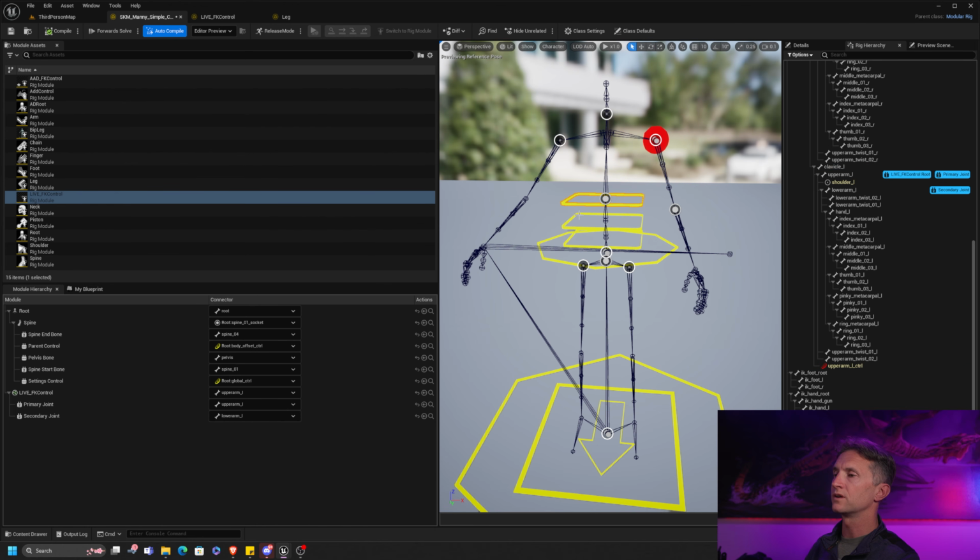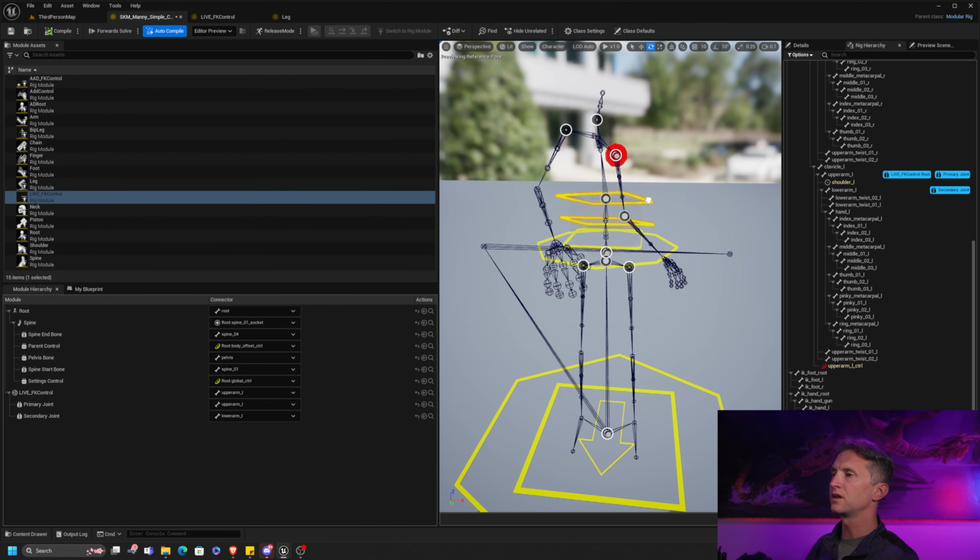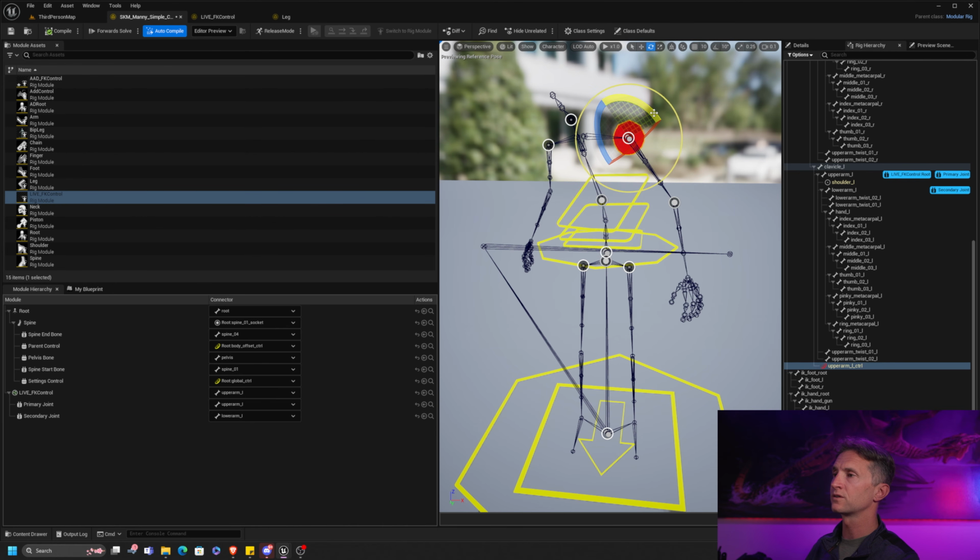So now what we've done is we have effectively created our very own and our first module that we can use with our own custom control rigs. So we basically just created our own custom module that all of our animators could use, or all of our riggers could use. Everything you've learned about control rigs so far all still applies. We still have forward solves, backward solves, construction scripts. Literally the only thing that changed is how the data works. So there's a little bit of a wrapper around our control rigs now, our modules,